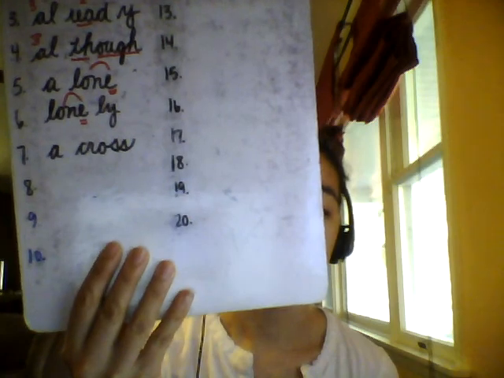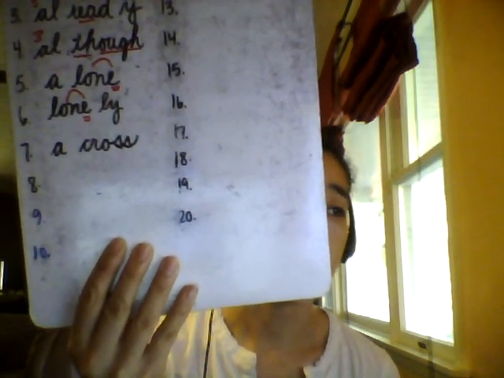Number 7. Across. Swim across the pool to reach the other side. We often say across in speech, but we're going to think to spell across. 2 syllables. Think to spell a, k, r, a, s. Remember, we often double F, L, and S after a single short vowel. Spell across with me. A-C-R-O-S-S. Across.